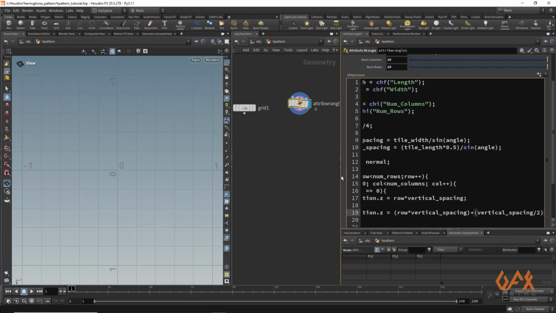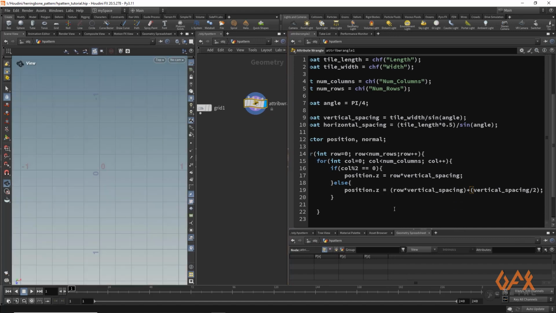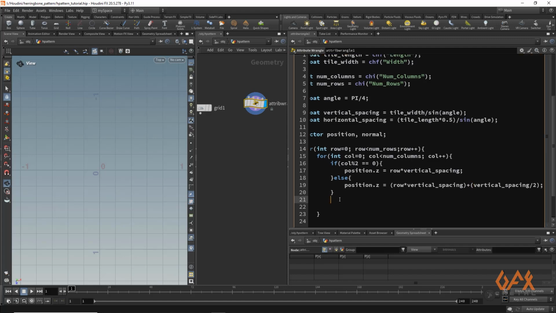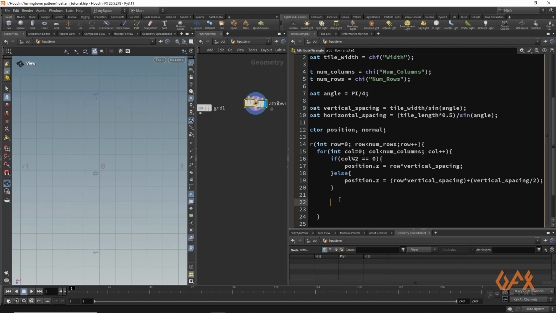So now we have that entire thing in a proper manner. Now what we need to do is define our position x. So position x should be your column into the horizontal spacing that we already calculated.